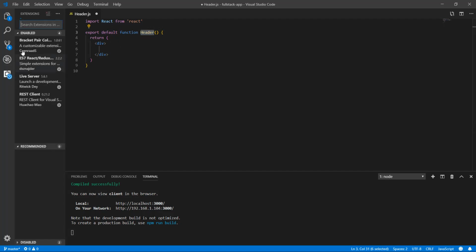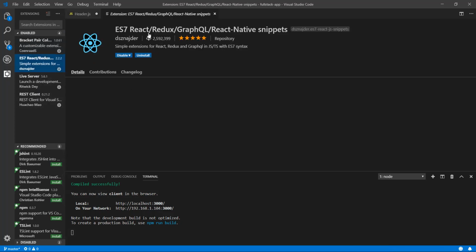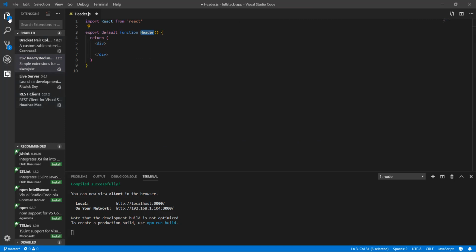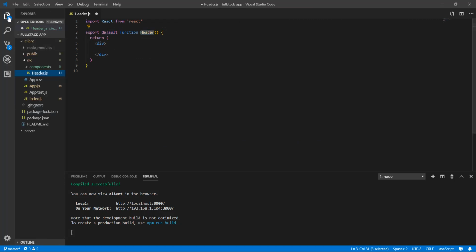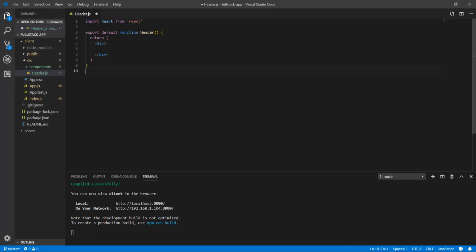Okay, so if I do rfc, this will create a functional component. Actually let me just show you quickly. I have this snippet extension which I'm using, so you need to install that one to use these shortcuts. Okay, so go back. So header.js is going to be a functional component, and in this header component